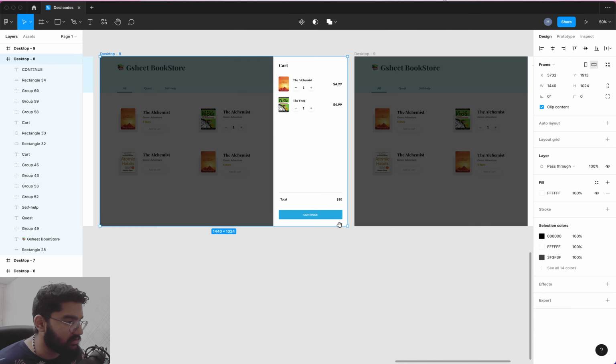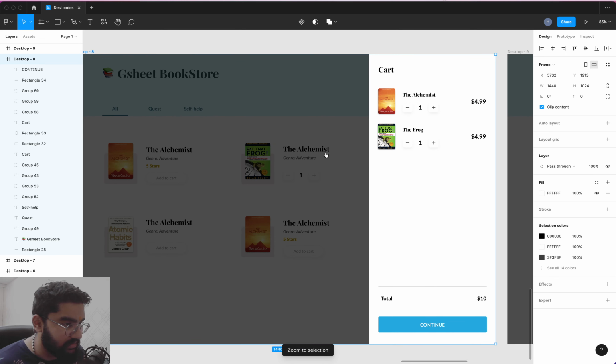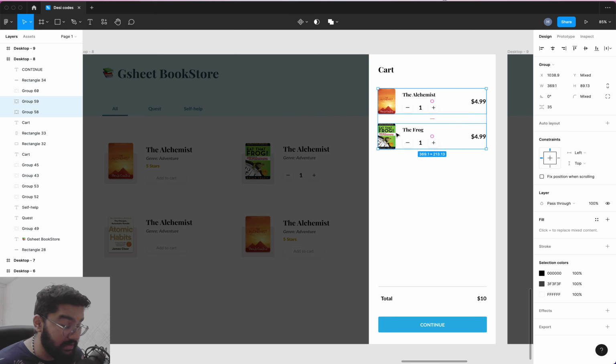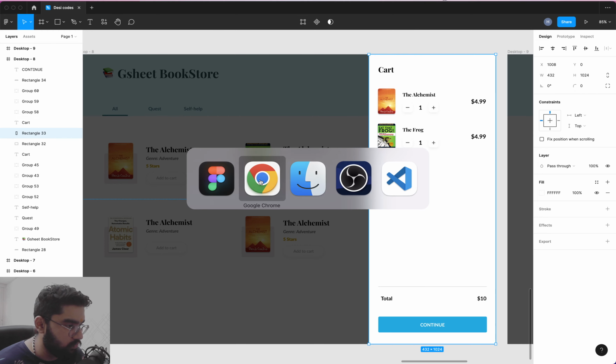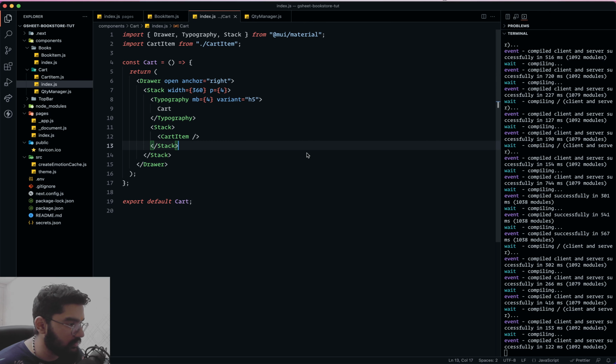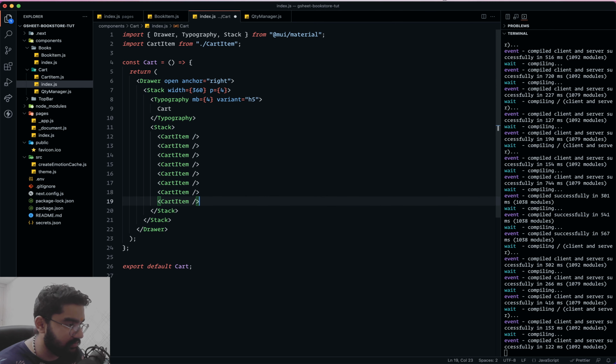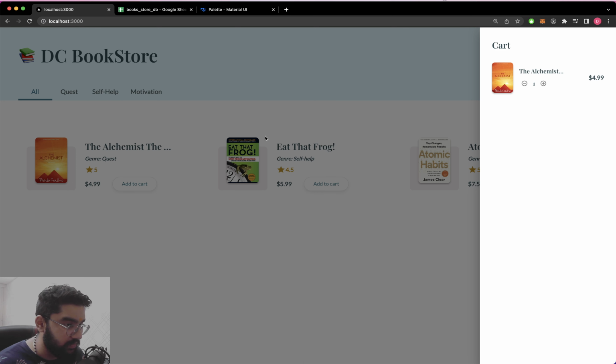So let's structure this thing, and the other thing which I've been thinking is that suppose the cart items are way too much, as in the list of items in the cart is too long, then in that case it may add sort of like a scroll bar over here on the cart panel, which would not look nice. So what I mean is, if we head back over here, so we got the stack which will contain all the cart items. So suppose if the cart items are way too much, then in that case it may look a bit odd